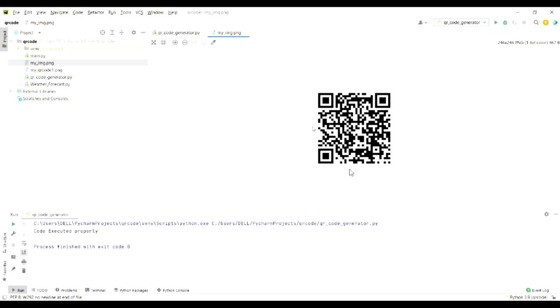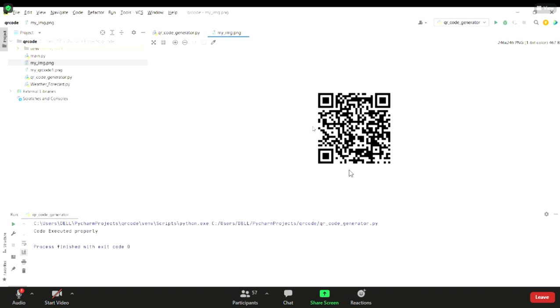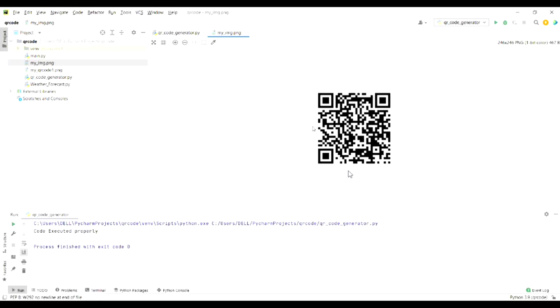Yes, Mihir, right. So how many of you find it interesting that within just 3 lines of code, you're able to generate a QR code for something? You can have shop management using these QR codes, and save this data into some database. Very good. Yes, this is the output. Isn't it interesting? Within just 3 lines of code, you can generate a QR code.